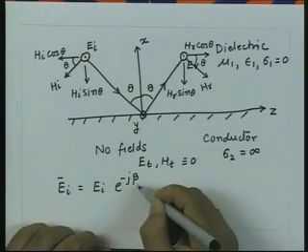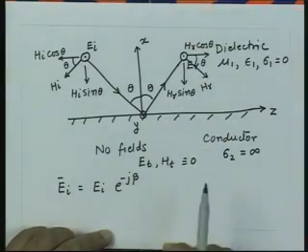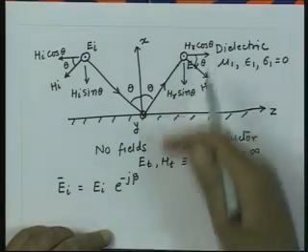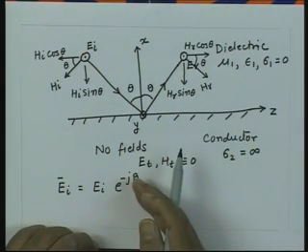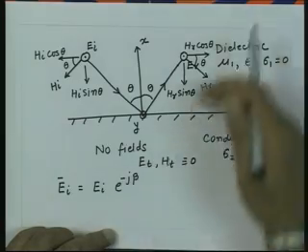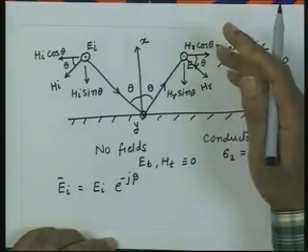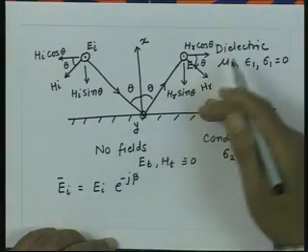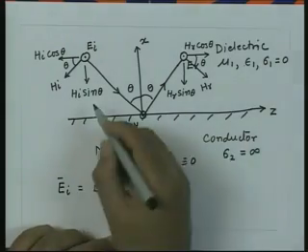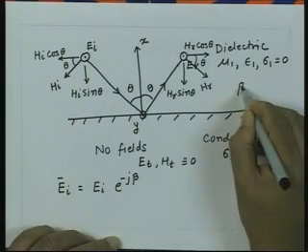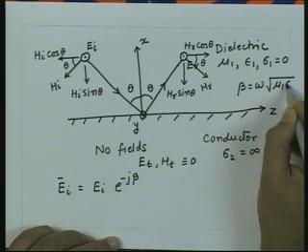We are not using the suffix 1 here, because the wave propagation is going to be only in this medium and there is no wave propagation in medium 2. For simplicity, let us say that the propagation constant in medium 1 is denoted by beta. So, without putting in a suffix 1, this is the phase constant of wave propagation in medium 1. Here for this medium, beta is equal to omega square root mu 1 epsilon 1.